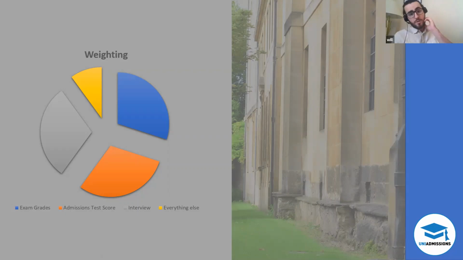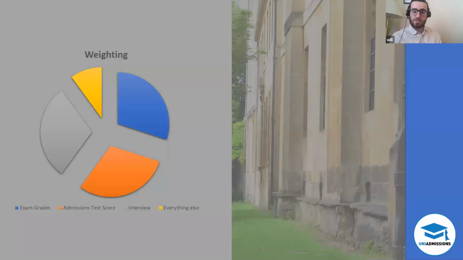Of course, if you're applying to a non-Oxford university, they don't have an admissions test, they don't have interviews, or, you know, for most subjects, for a lot of them. So naturally the weighting is going to change, and naturally the personal statement becomes more important, and the grades become more important in terms of differentiating yourself from others. But when they do have this extra information, they can use the interview far better than the personal statement as a measure of you as a potential student.